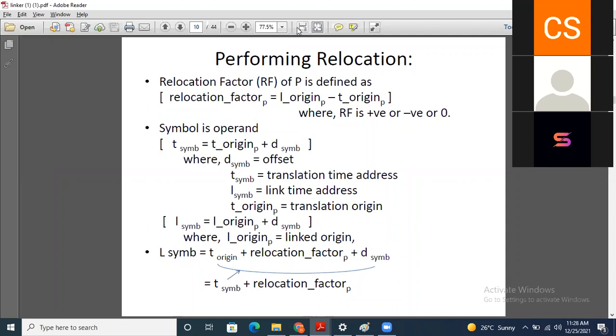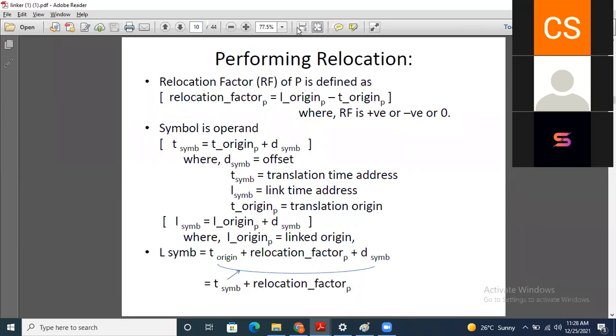Where D is the offset. If you want to calculate the translated address for the symbol, T sim means the translated address for the symbol. We calculate it by the addition of translated origin plus offset.